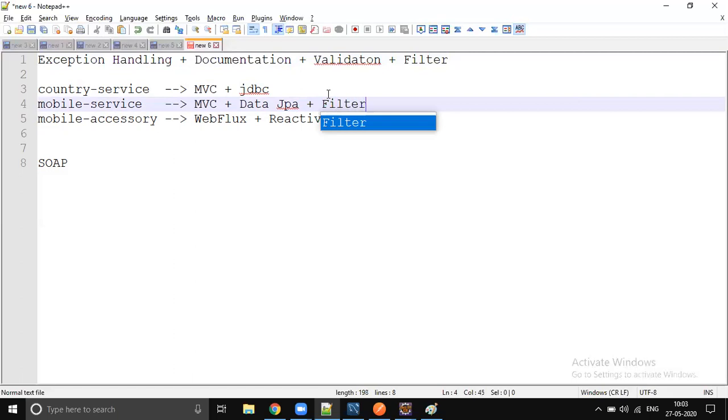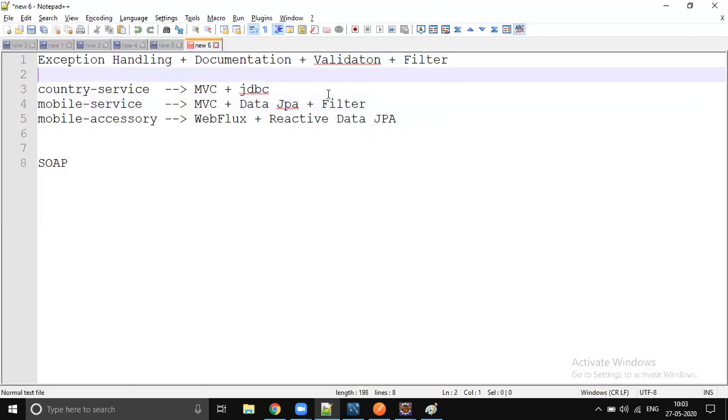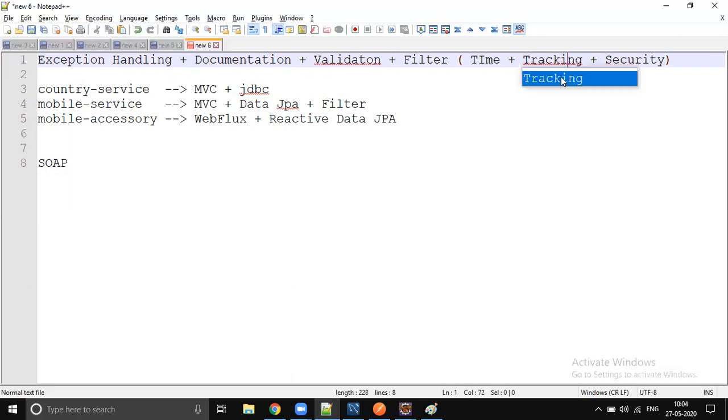These filters are of two types. One is time logging plus we will generate some tracking ID in the header. And the third one is the security filter. So security. These are the common things we will move out.